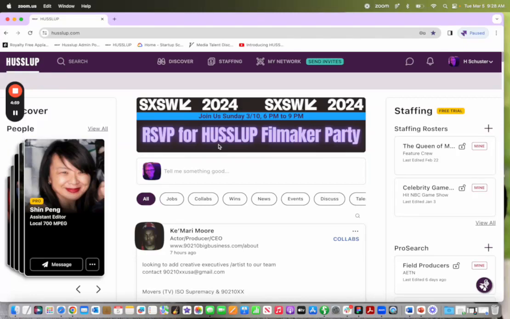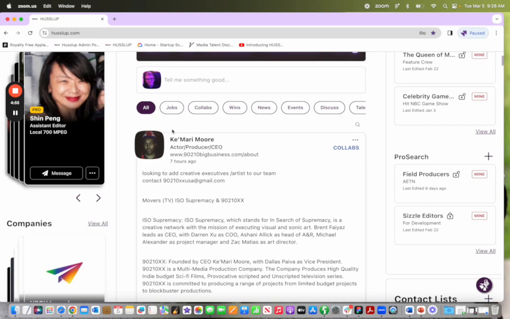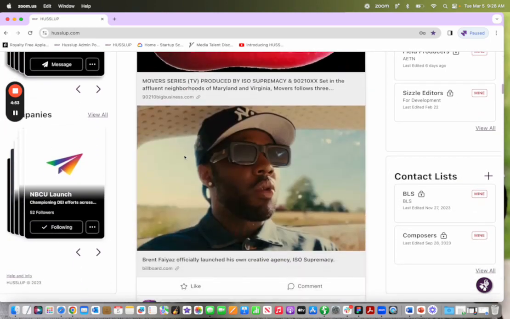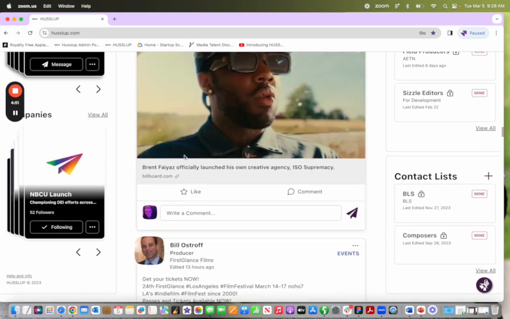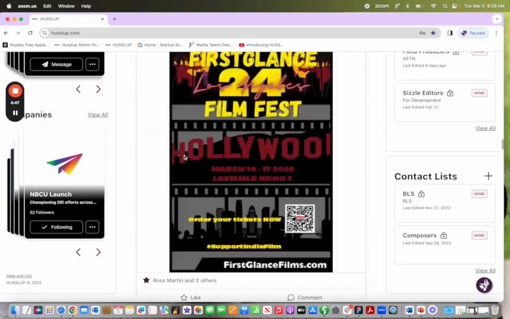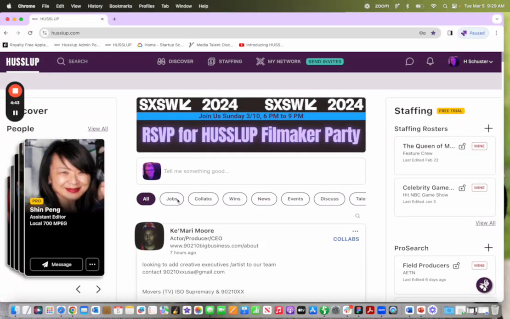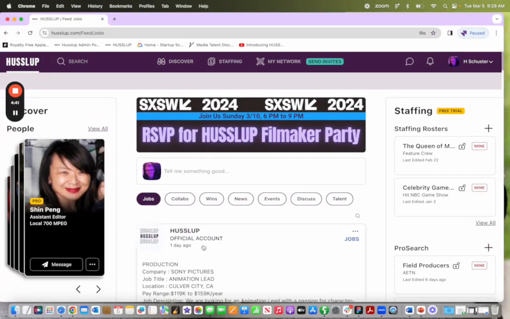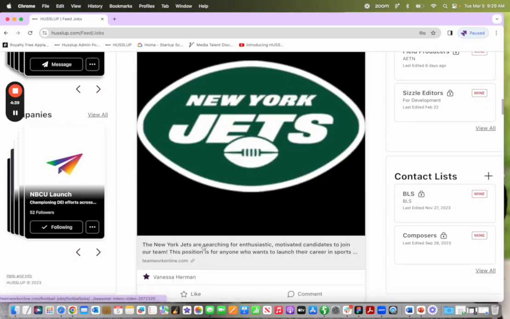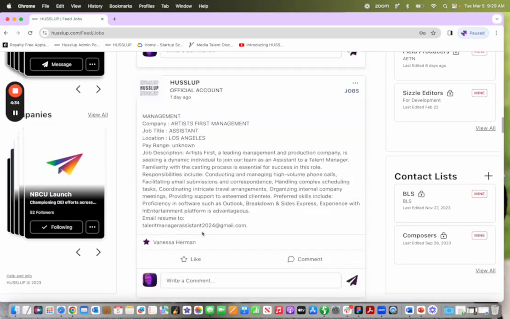When you log on to HUSSLUP as a member, you'll see that we have this great filtered feed by different channels in the middle of our web app, where people post jobs, collaborations, announcements, events, and all kinds of information for our professional freelancer community. You can look in the jobs channel and see jobs that we post as a white glove service for many